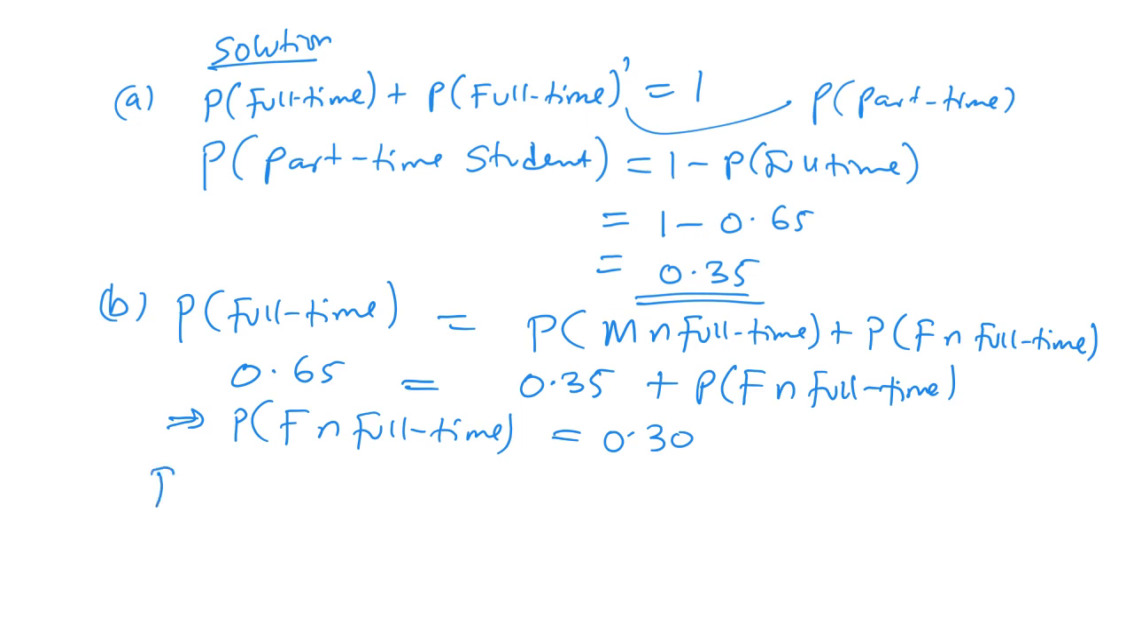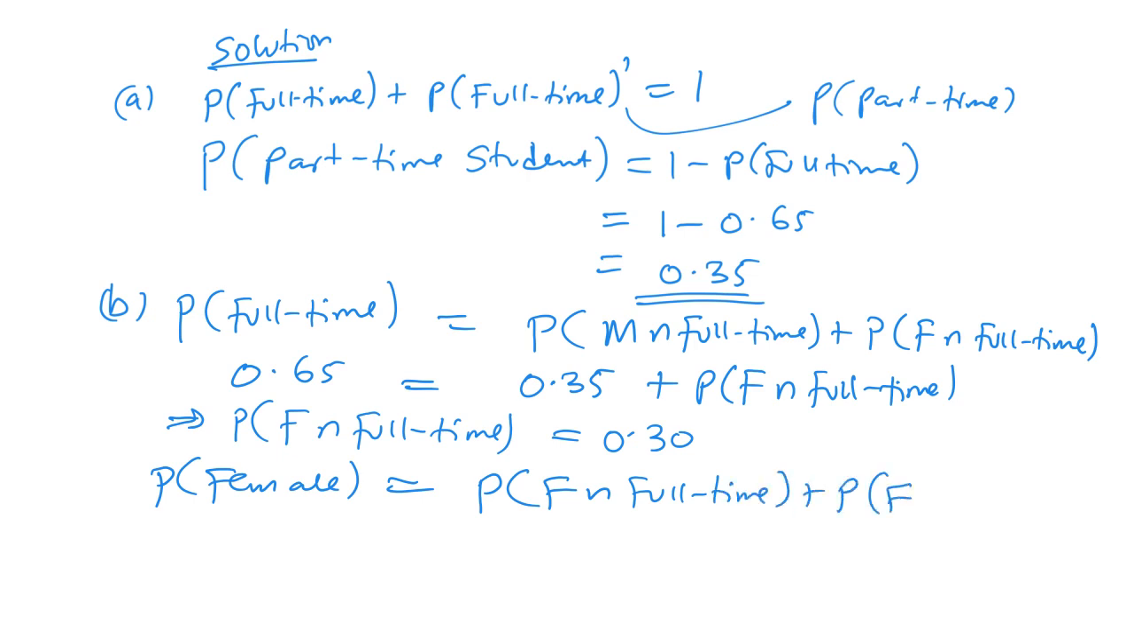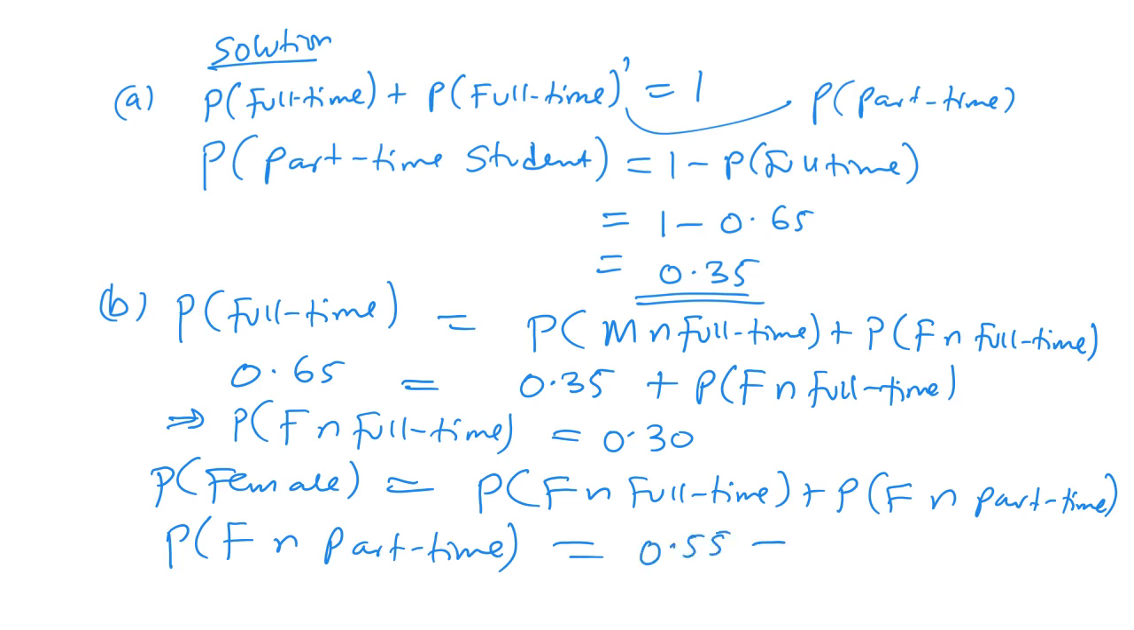know that the probability of female, there are two categories of the female students in this school. There are those that are female and full-time, then there are those that are female and part-time. So the probability of female and part-time will be 0.55 minus 0.30,